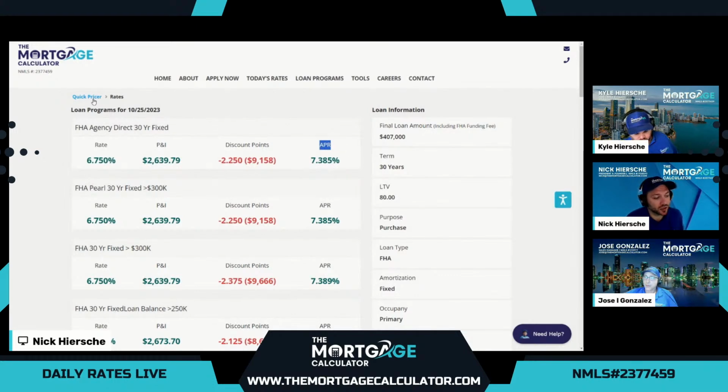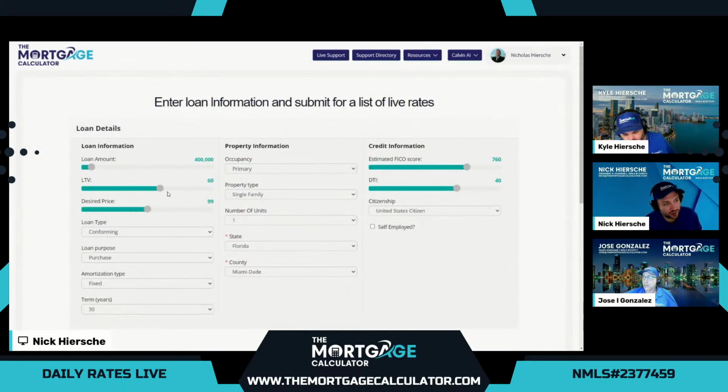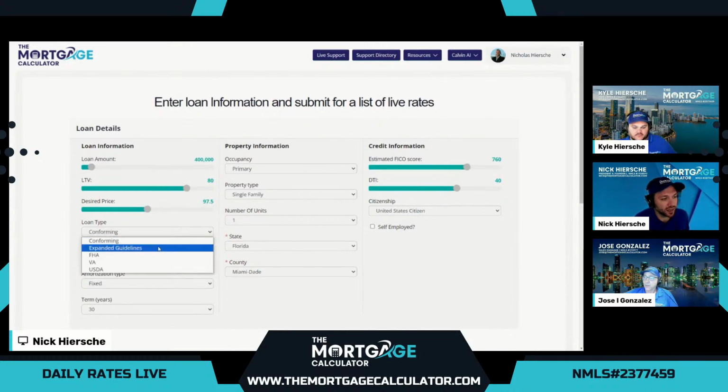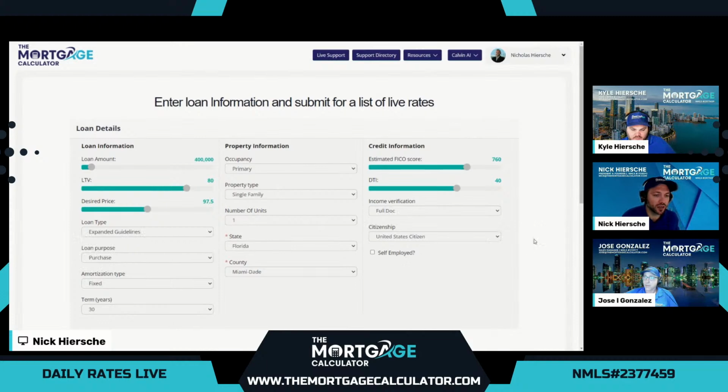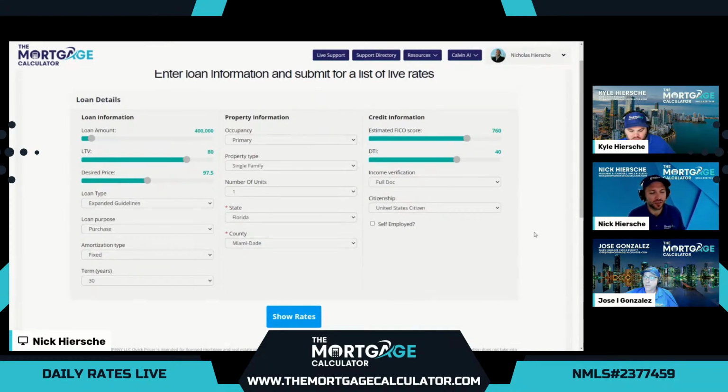Now, if our customer doesn't qualify for either conventional or FHA, many other banks or lenders will have to deny that customer. That's where we love to help out with our non-QM, also known as expanded guidelines here. This is where we have over 5,000 additional options beyond the standard options here.